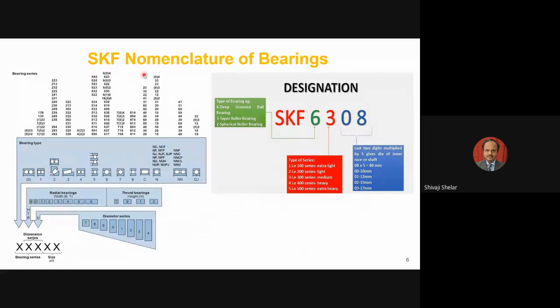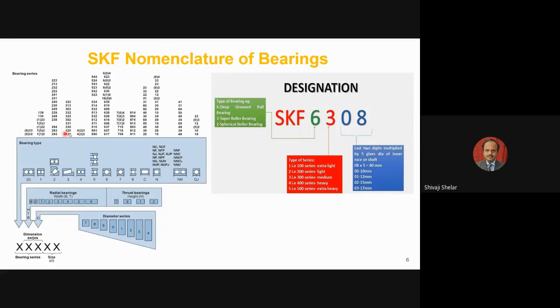So the majority of the companies here are Japanese companies. Almost 9 to 10 companies are there. Out of those 9 to 10 companies, 7 are Japanese companies. Only one Swedish company and one USA company is there in that list. So most of the bearings are manufactured by these top 10 companies. And then there are other companies also, Indian companies are also there, but they manufacture a very small number of bearings, or they manufacture the bearings for these big brands.